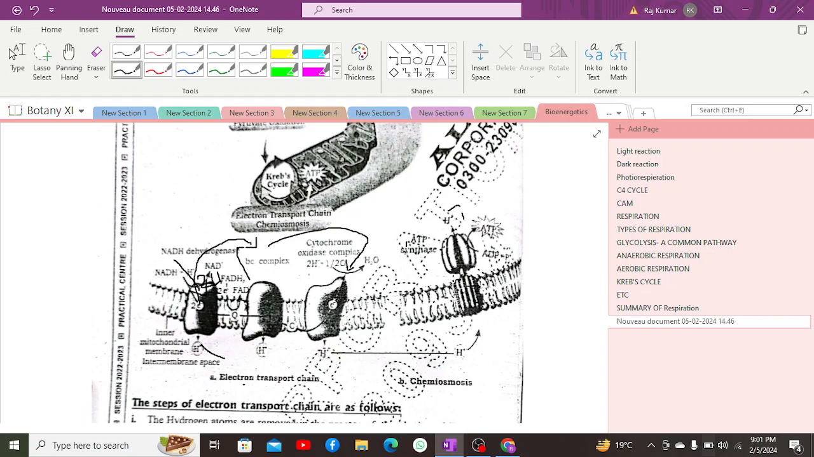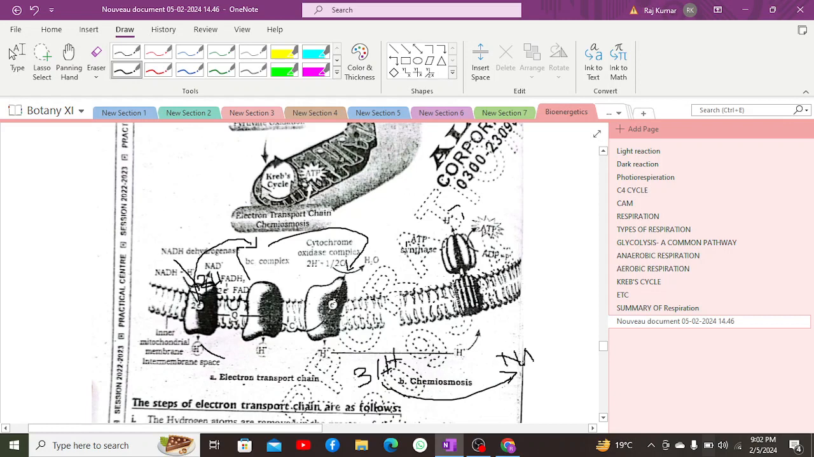matrix to the intermembranous space. So one proton by NADH, one proton generated by cytochrome reductase, one proton generated by oxidase. As a result, three protons will be pumped due to complex number 1, 3, and 4, due to which we can say that NADH